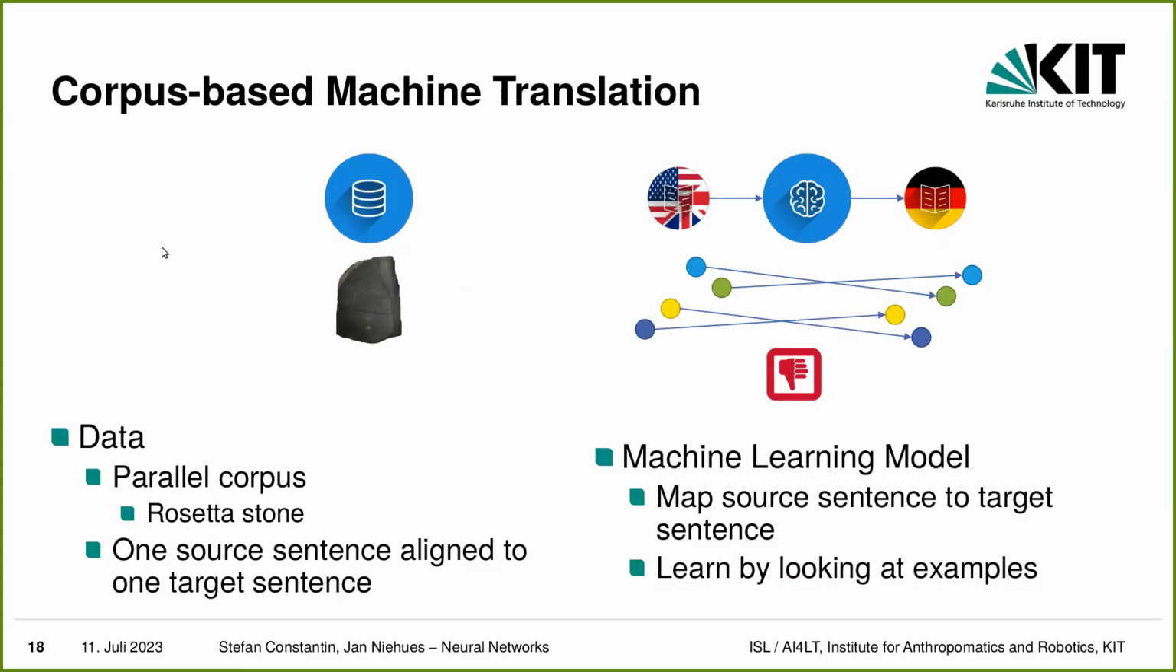Okay, so about the data. What you usually need to do machine translation is a so-called parallel corpus. A parallel corpus is